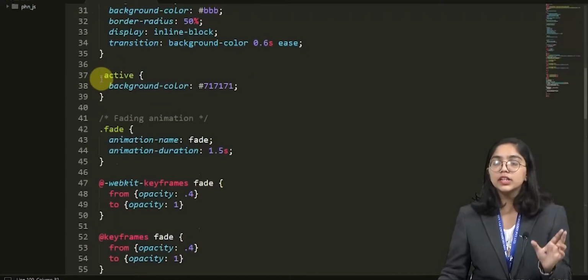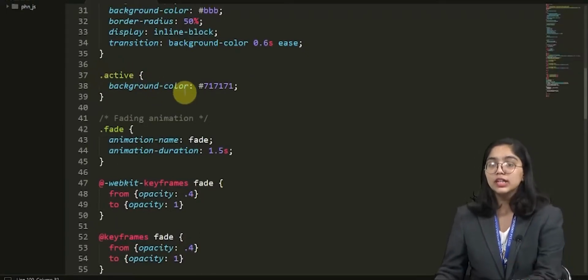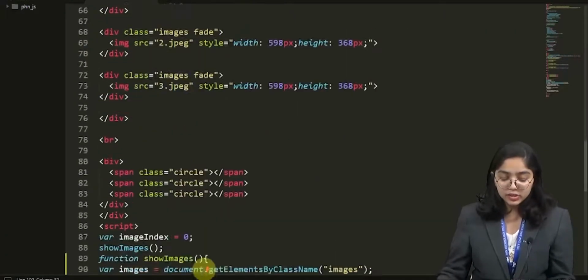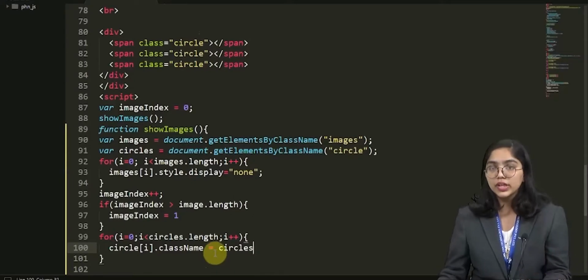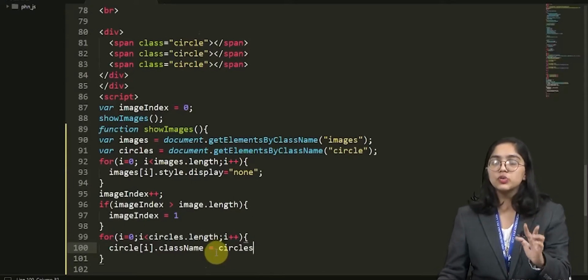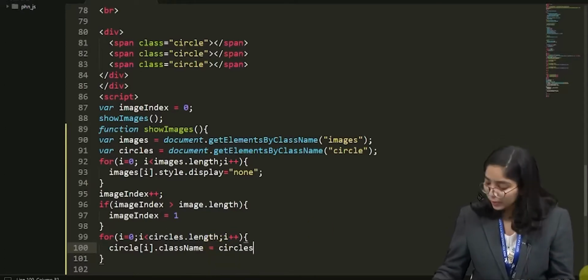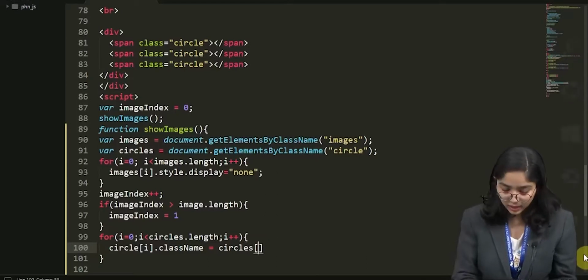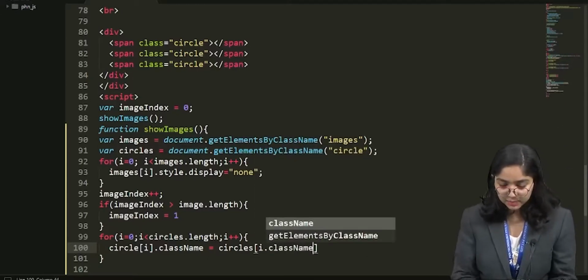So whenever the particular image is showing, the active class should be added to the class name. That's why this particular code is for that: whenever that particular image is showing, that is, if the second image is showing, the second circle should be highlighted. So the active class should be added to it. So I am going to do circles i dot class name.